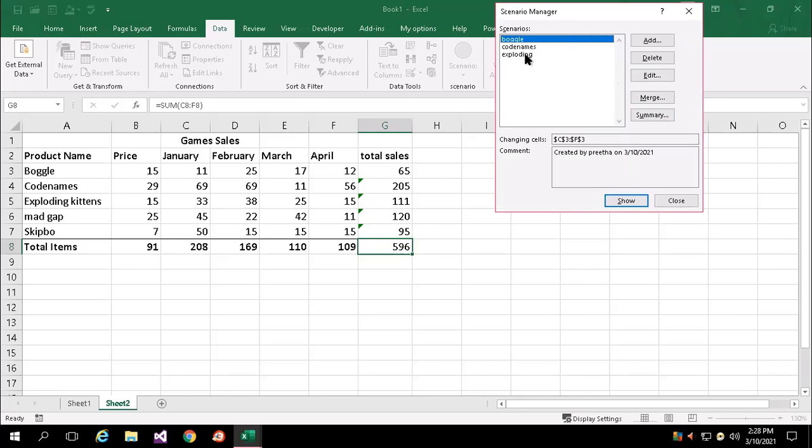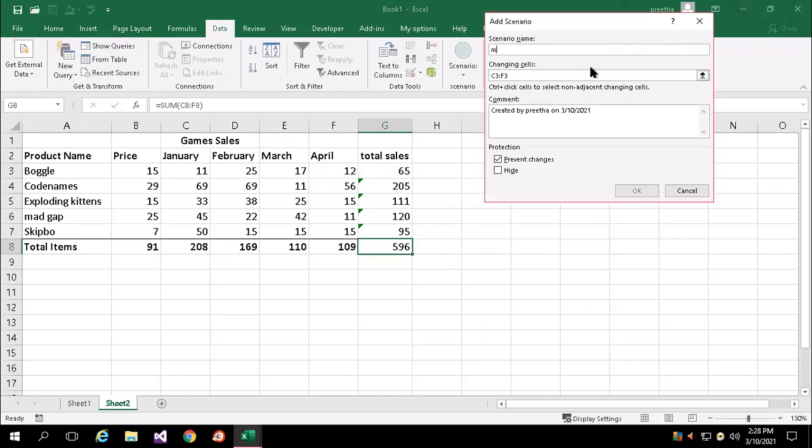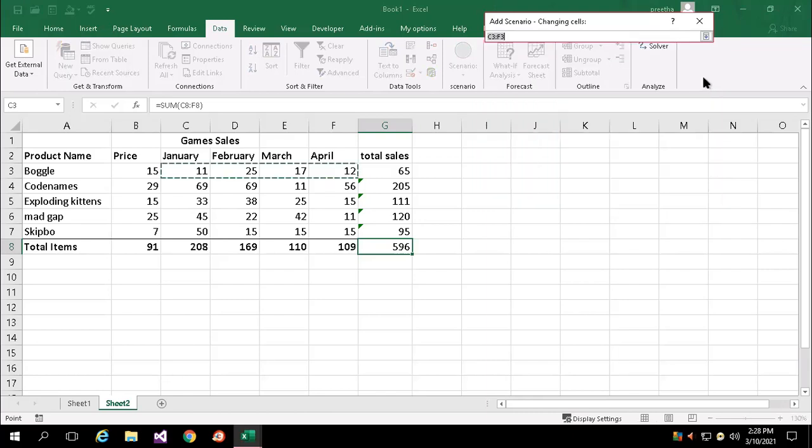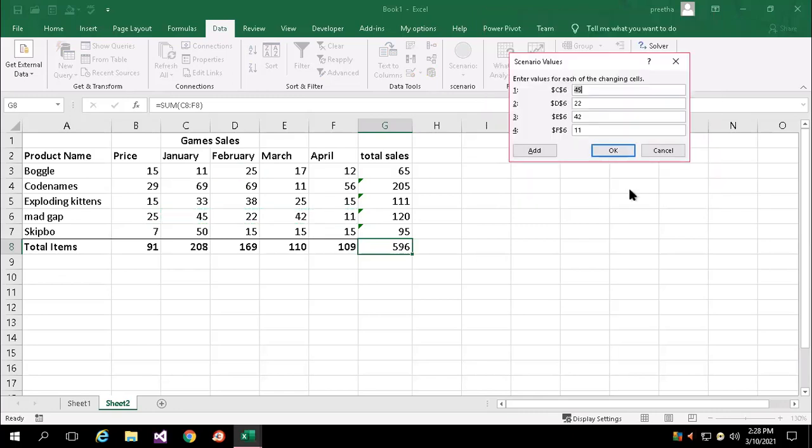So the fourth and another two are there, let us finish those also. That is Mad Gab. So the changing cells, because it is a different scenario, every time they get altered. That's the reason the first data I gave was very simple, to make you understand.